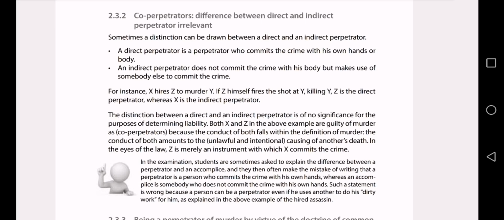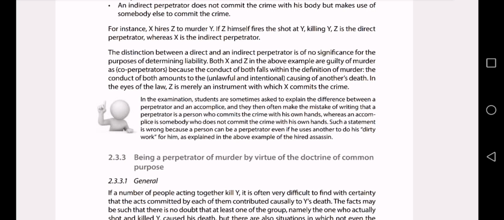Co-perpetrators: the difference between direct and indirect perpetrator is irrelevant. Sometimes a distinction can be drawn between the direct and an indirect perpetrator. A direct perpetrator is a perpetrator who commits the crime with his own hands or body. An indirect perpetrator does not commit the crime with his body, but makes use of somebody else to commit the crime. For instance,